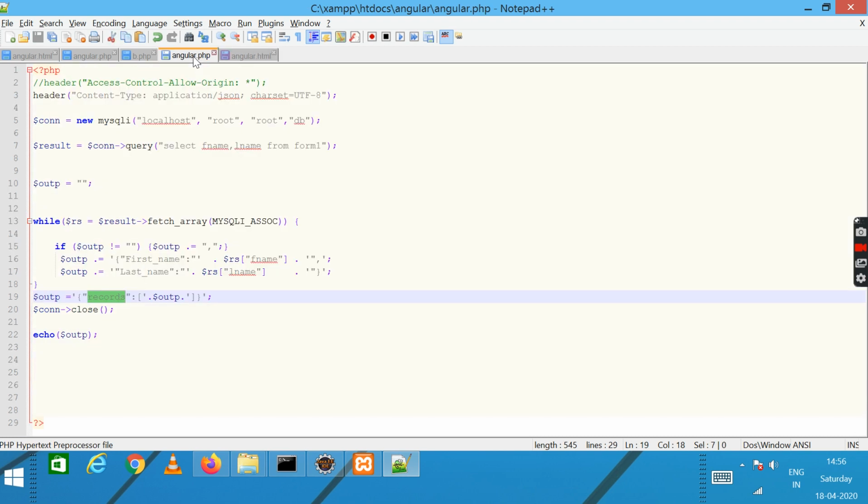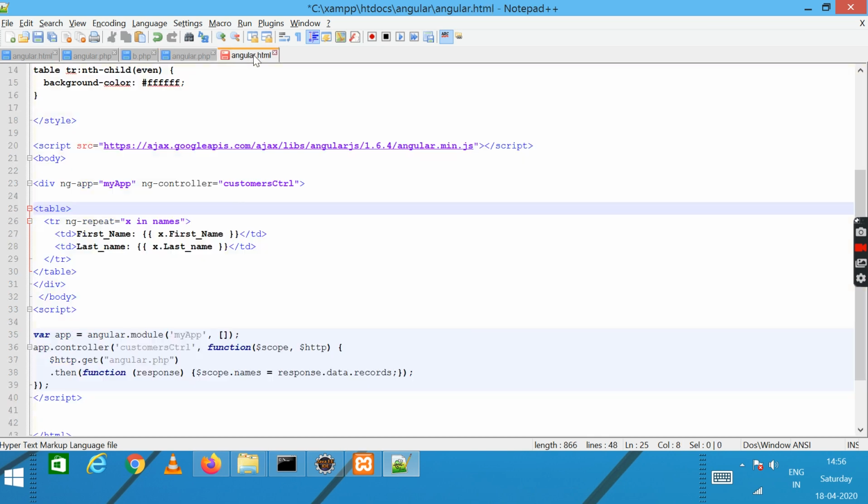So we go back to the PHP. We have created the keys. These are the values, $rs fname and $rs lname. But what are the keys for those values in the JSON? First name and last name.